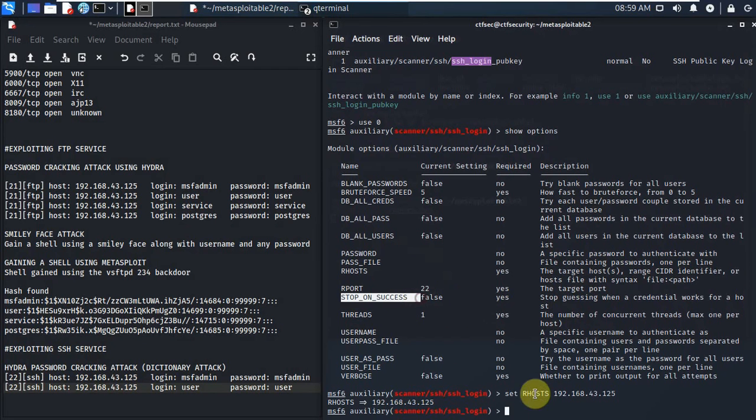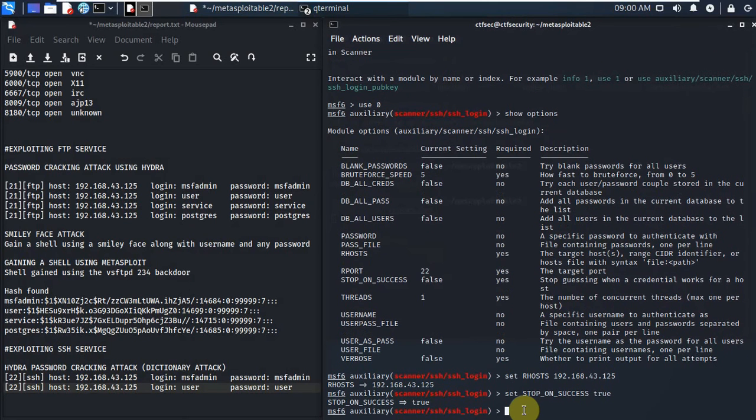Stop on success, so I'm going to set that to true. Okay, set stop on success. That is, if we find the right login credential, the brute force attack should stop. So I'll just set that to true. So the next thing we are going to set is our